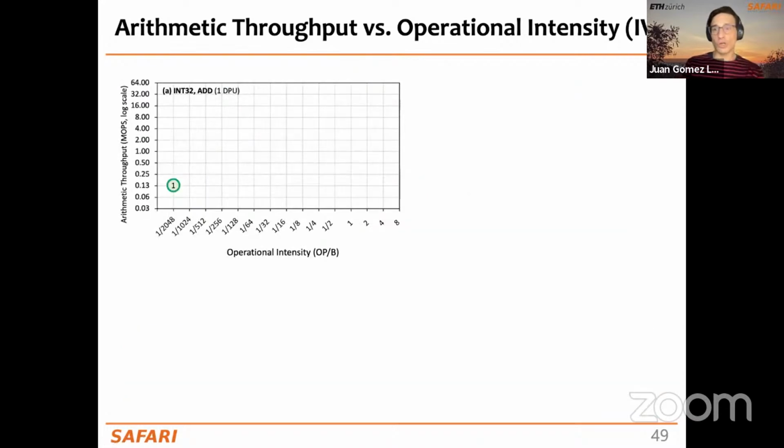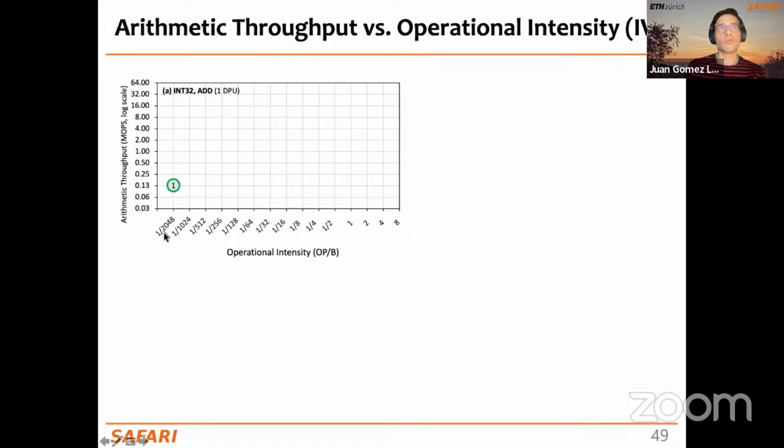And we can take a more detailed look at one of the plots, in particular this one, addition of 32-bit integers. This result here is the arithmetic throughput for a single tasklet and for this low arithmetic intensity